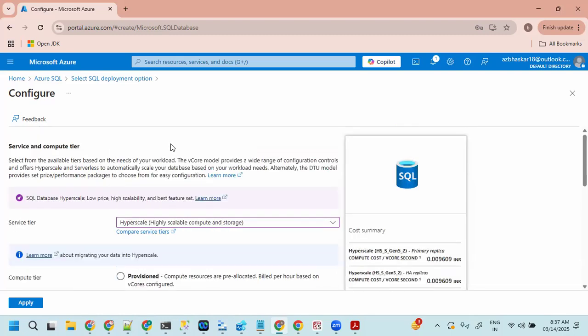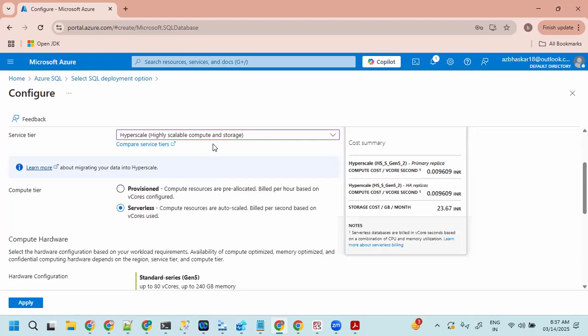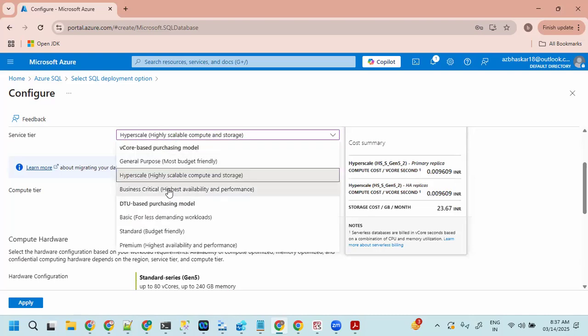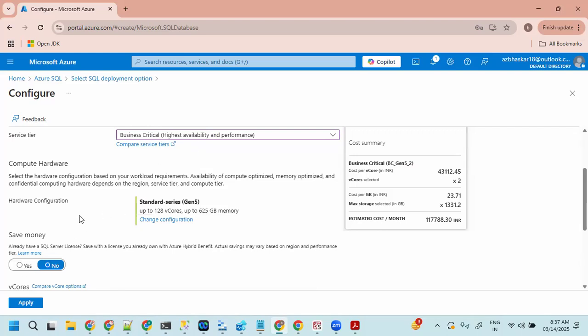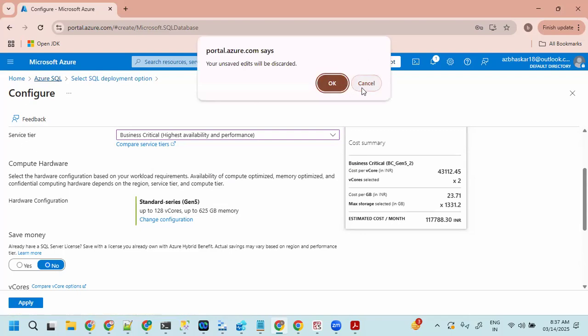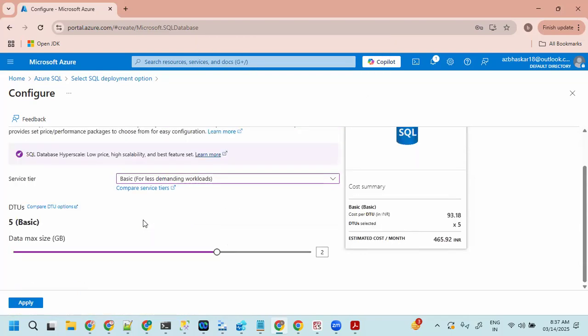And you can go for hyperscale. So hyperscale is for highly scalable compute and storage. If you need much more performance, then you can go for this. But we don't go for all this stuff, guys, at the time of working. First of all, you don't get a chance to see what configuration we have used in the database, because we are not going to come into the portal. Okay, so if you come across it, then you can see. In my case, it happened as I was an individual developer, so they had given complete control on the portal. Okay, so I'm just taking a basic pricing tier to create a database.